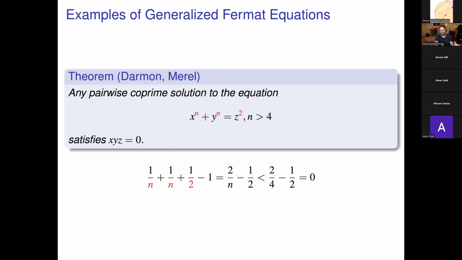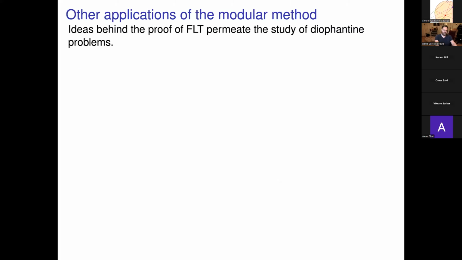And then for Darmon and Merel, they had to improve less the proof, but more the kind of inputs to the proof. So I'll give you a big slide in a minute. But the ideas used in Wiles's proof let you solve other